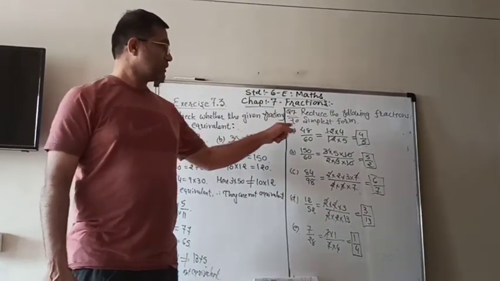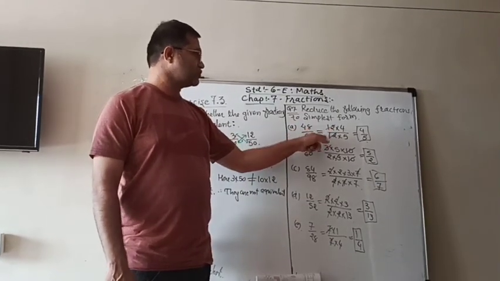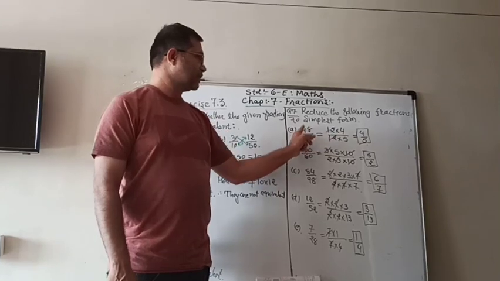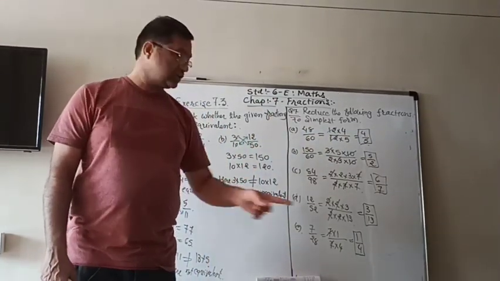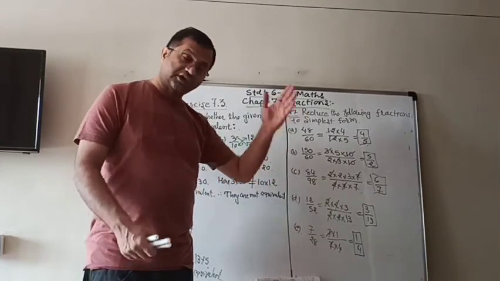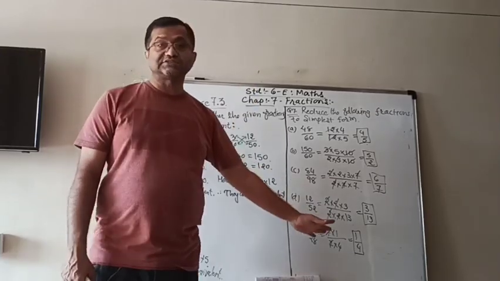So what we have to do? Prime factors, or if you remember any big factors also, but it must be common, like 12 4s are 48 and 12 5s are 60, then directly you can cancel. Otherwise you can do like that also. Then also it will be getting cancelled and you will find the answers.